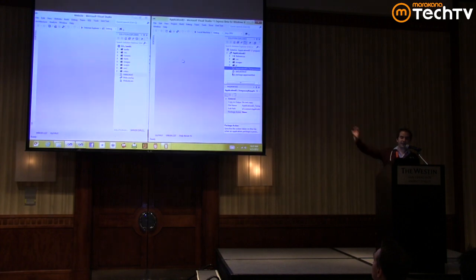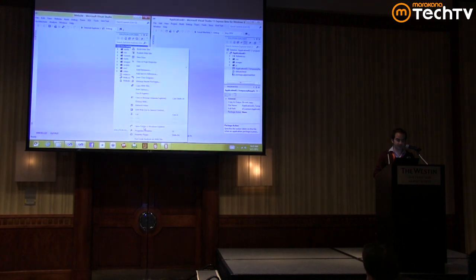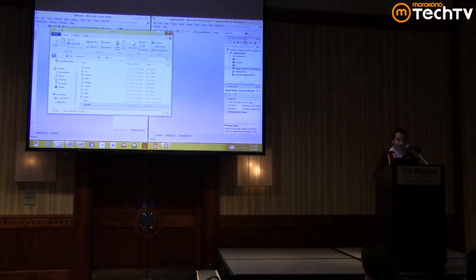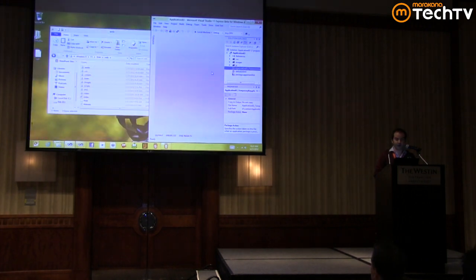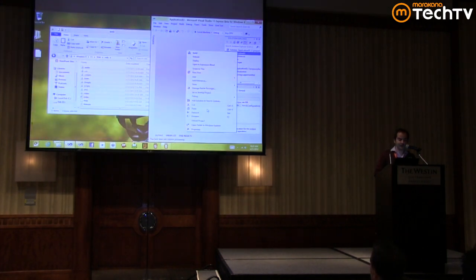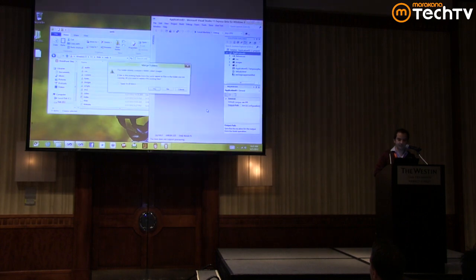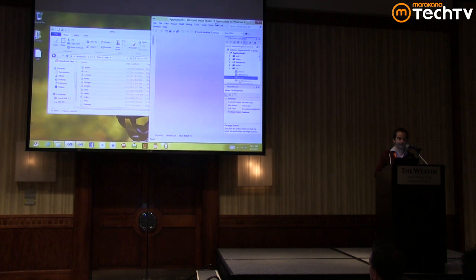On the right, I have my application, and on the left, I have the website. So I take the website, go to the file system, select all of the files, and copy them. Copy. We don't need this anymore. Then I go to my Metro application and paste, and I just overwrite everything.